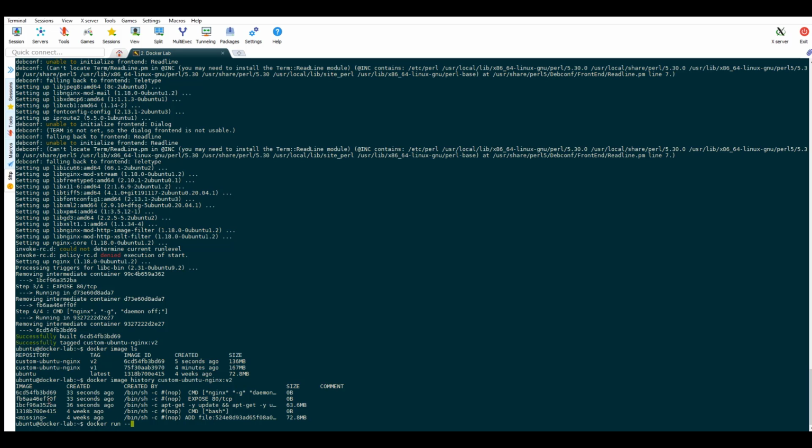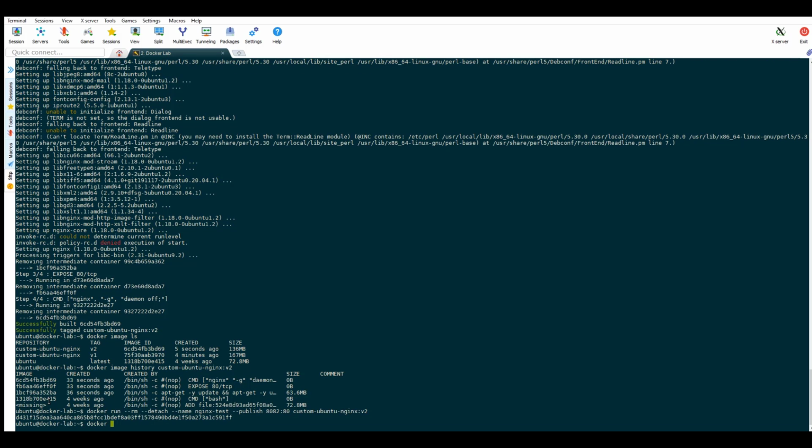That means Docker has intelligently created this new layer and made it more efficient based on the instructions that we have provided. To test if our image has been created successfully and is performing as expected, we spin off a container and then check if the Nginx welcome page is accessible from a browser. For this we need to expose the container port to a free host port. In this demo we are using 8082.